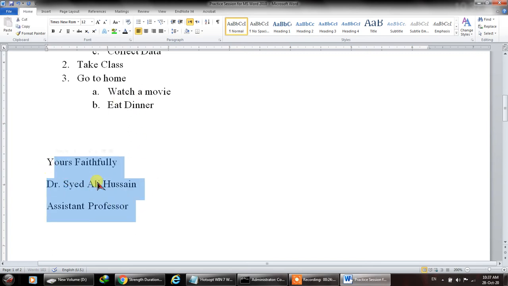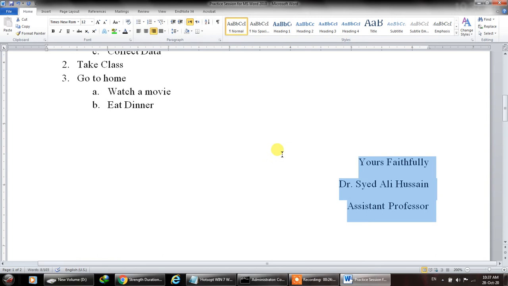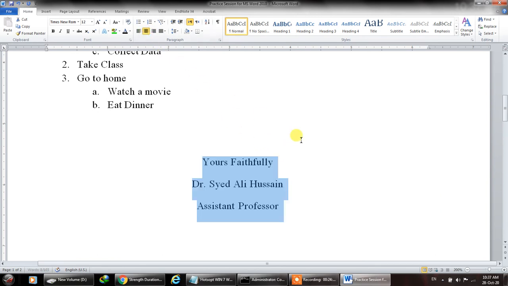Now I don't want it to be on the left corner. What I can do, I can simply take it to the other corner or in the midline.